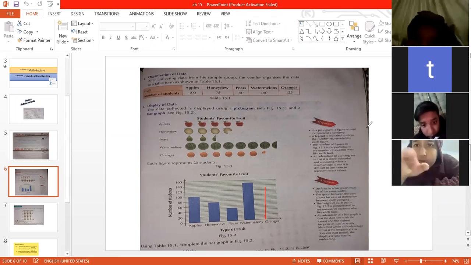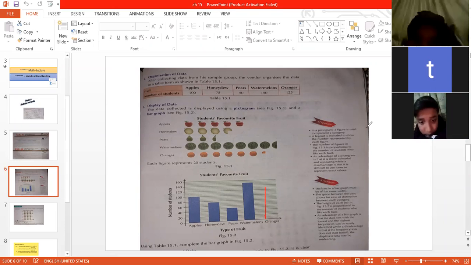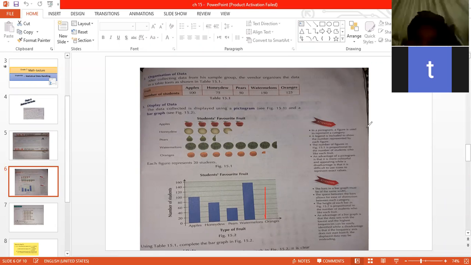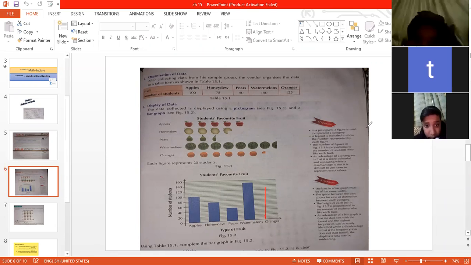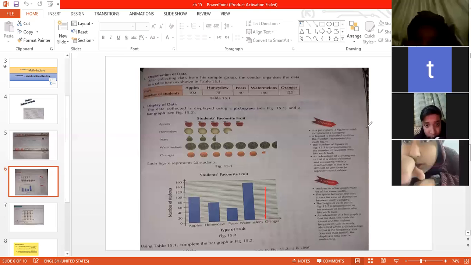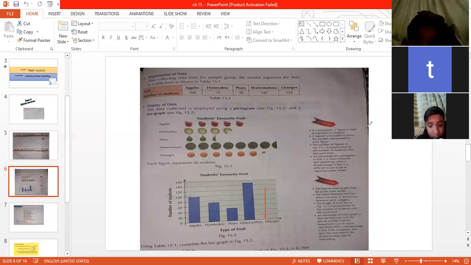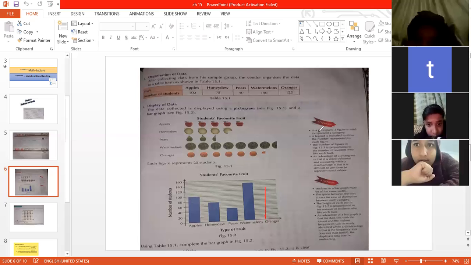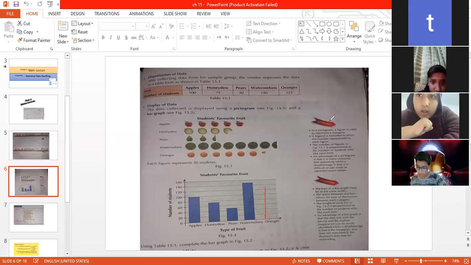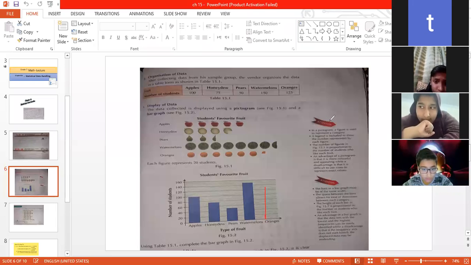Yes, Isa? Ma'am, watermelon. Watermelon, yes. And what will be the next fruit he will be introducing after the watermelon? Oranges. Oranges, yes. So this was the easiest way to tell which fruit he will introduce among the students. The fruit which is most popular among the students is watermelon, and the next most popular fruit is oranges. So with the help of this